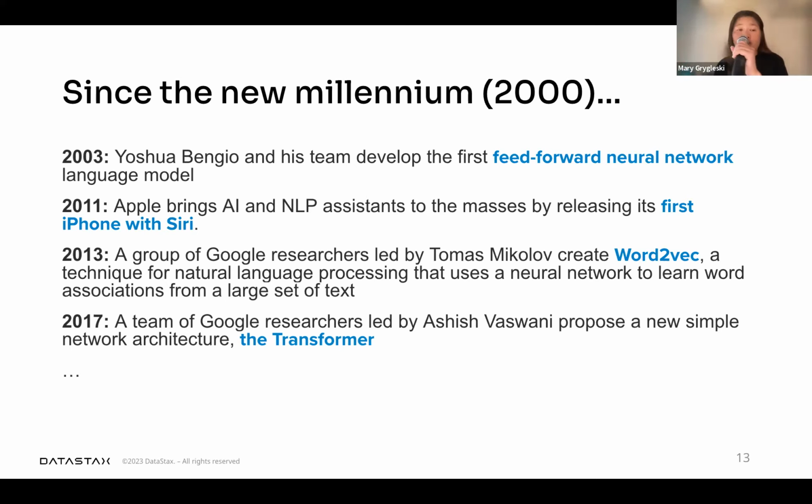In 2013, a group of Google researchers created Word2Vec, a technique for NLP that uses a neural network to learn word associations from a large set of text. Then in 2017, Google proposed a new simple network architecture called the transformer.